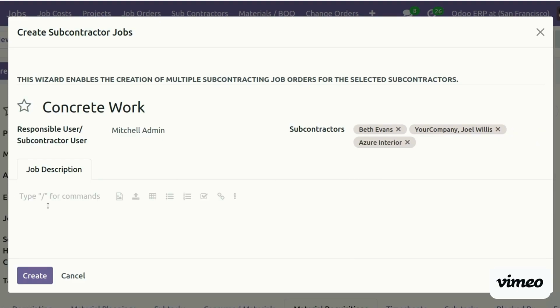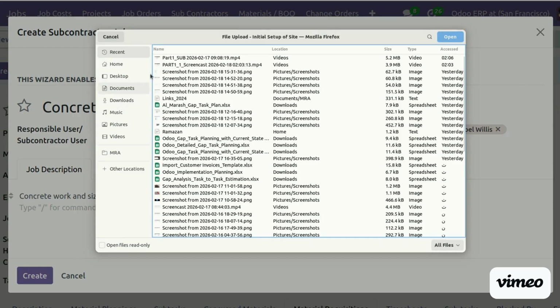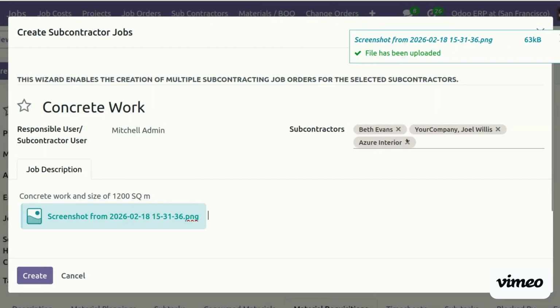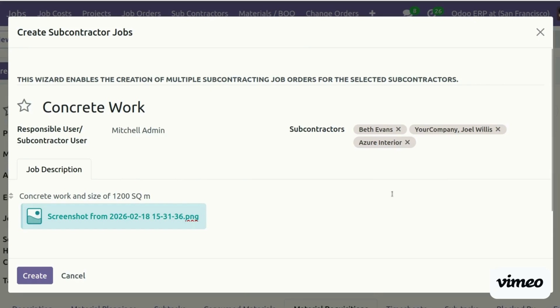Now here we can add all the details of the job description, concrete work and size of 1 meter. We can add multiple details here. If we want to add some drawings or something, that also we can add. We can attach all the details here, files and other details,